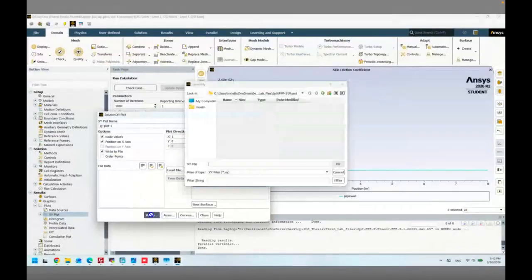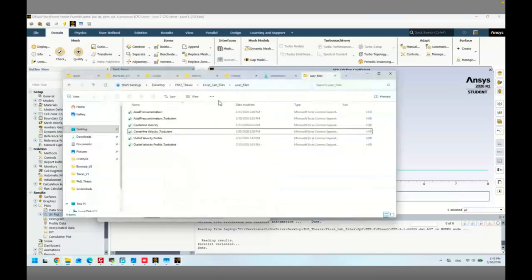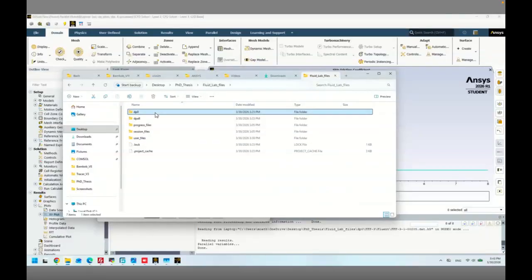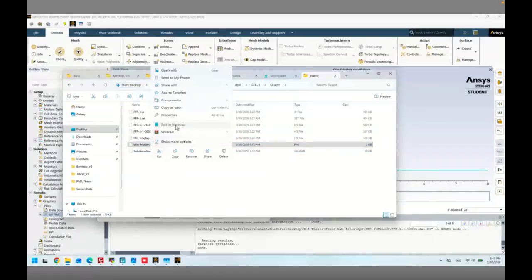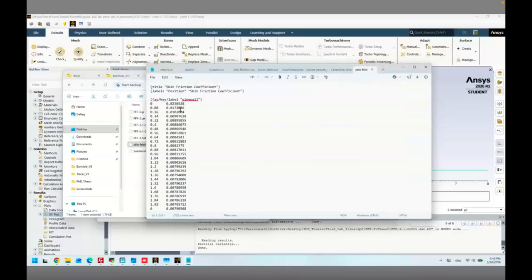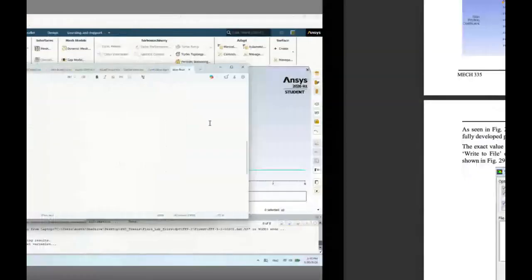Let's do write to file, export these results. Skin friction. It's saved in Fluent. Let's open it in Notepad. We see the X at 8 meters. As you can see here, it's not written in order. So you have to go with 8. When you plot this, make sure to sort them from smallest to largest. Here we have 8 is 0.079,